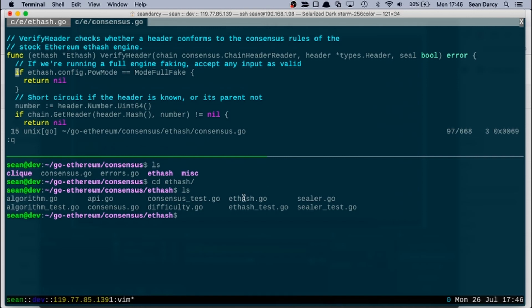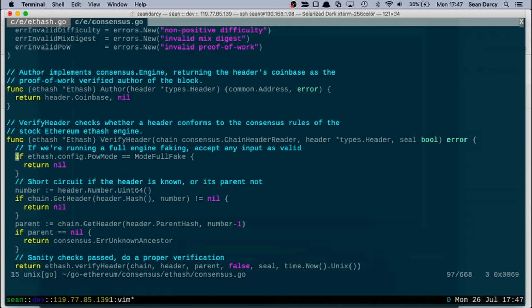ETH hash is just structure definitions, and sealer is when you've got a block mined, you're going through each nonce trying to find the winner, and when you do find it, it is called sealing the block, and that's before you submit it. So it's kind of just giving definitions of begin miner and stuff. So in all, there are some slightly interesting things going on, but ETH hash with this verifyHeader is probably